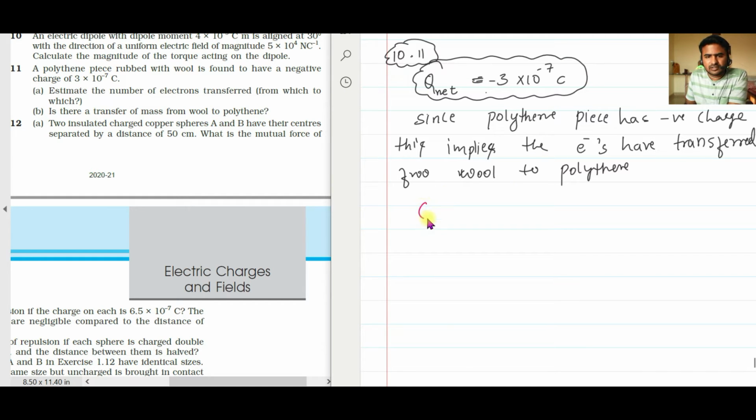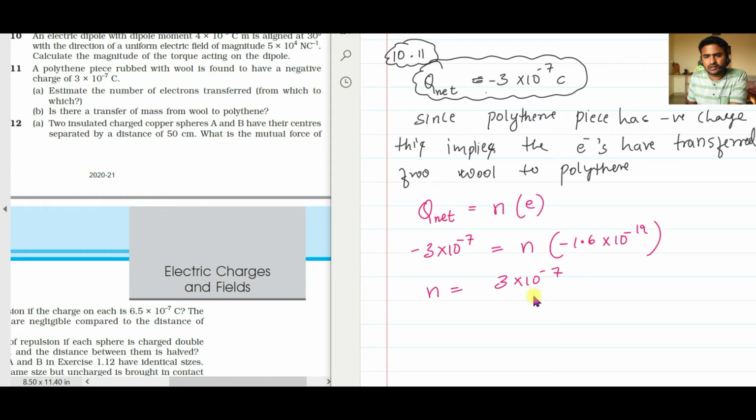Now I've already told that the charge is always quantized, so the net charge can always be written as the integral multiple of the basic charge, that is charge of electron. How much is the net charge? Minus 3 into 10 to the power of minus 7 coulomb must be equal to, I don't know how many electrons are being added to it, I'll write it as n. And what is the charge of each electron? Minus 1.6 into 10 to the power of minus 19 coulomb. Now you will get value of n as, minus will get cancelled on both sides. It is just 3 into 10 to the power of minus 7 whole divided by 1.6 into 10 to the